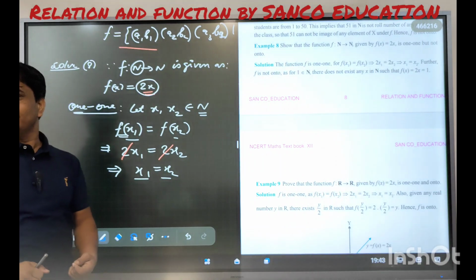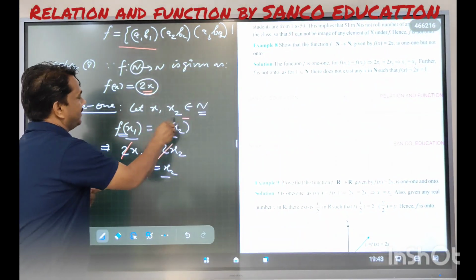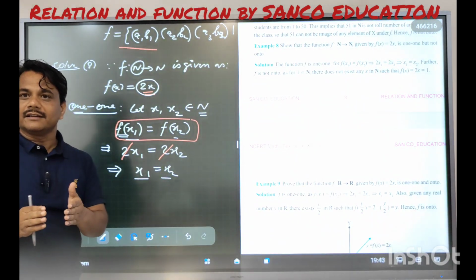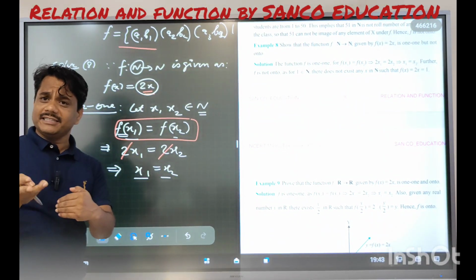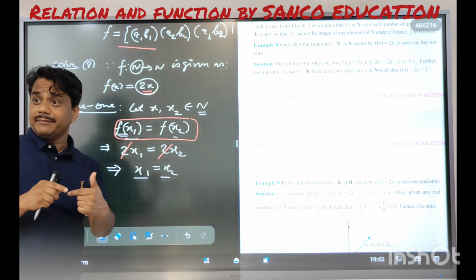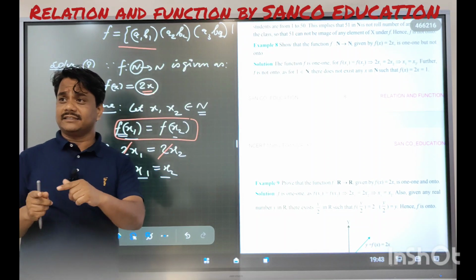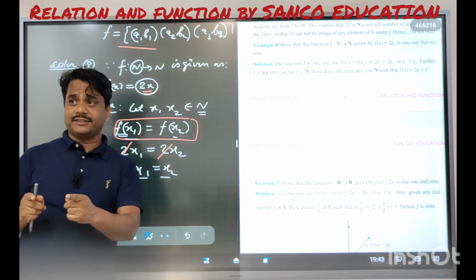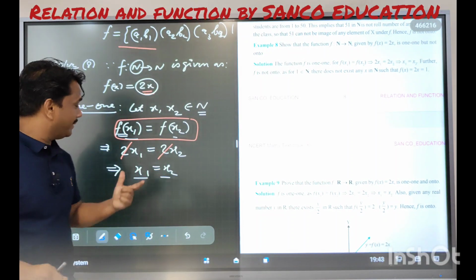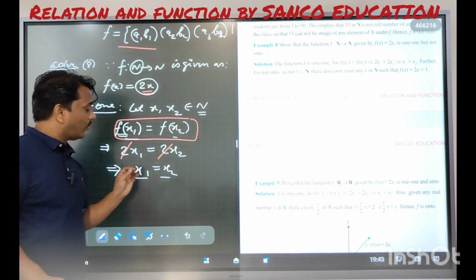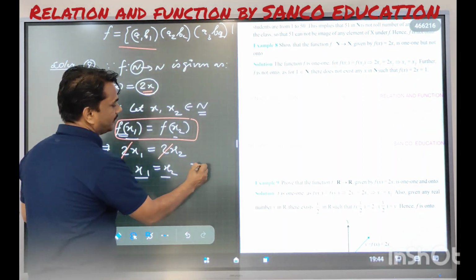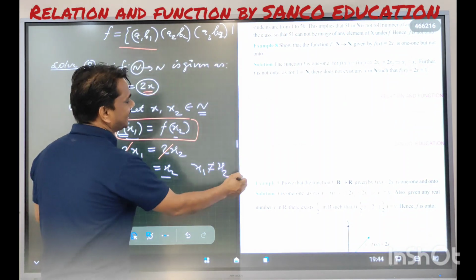So the domain came out equal. It means if you take the images equal, then the domain will also come out equal. What is the conclusion? Due to the domain being equal, the image is coming equal. It means that on equating the images, the domain is coming equal. It means only one image exists with the one domain. That is called a member of the domain. Means only one image is associated. If x1 will not come equal to x2,